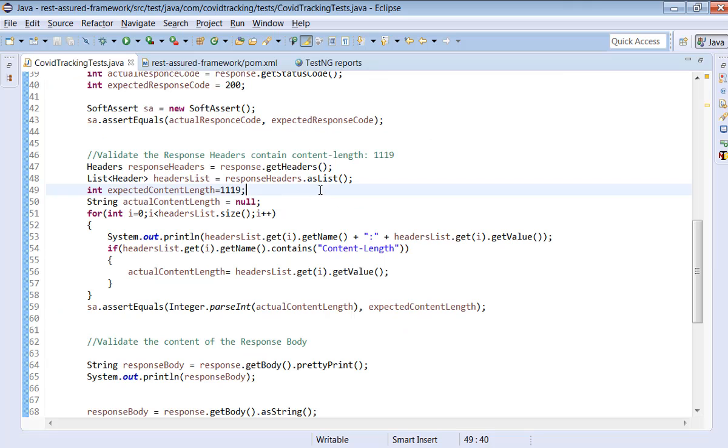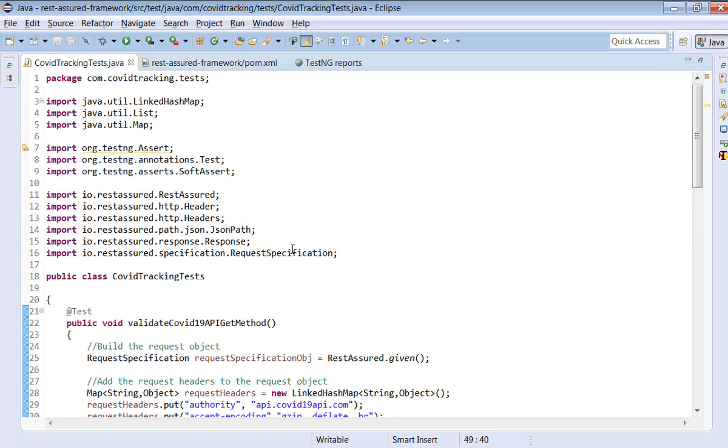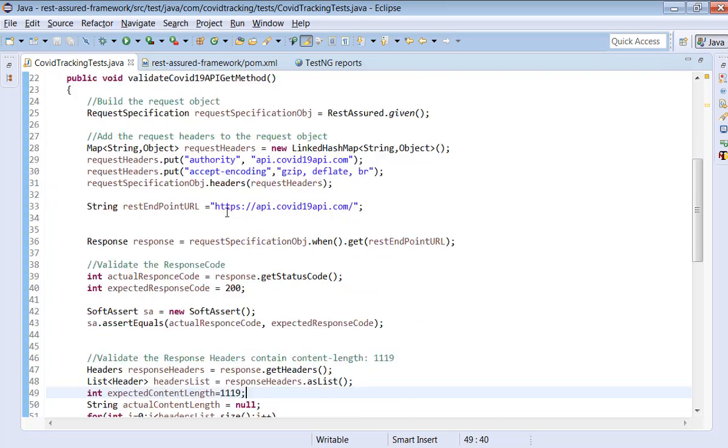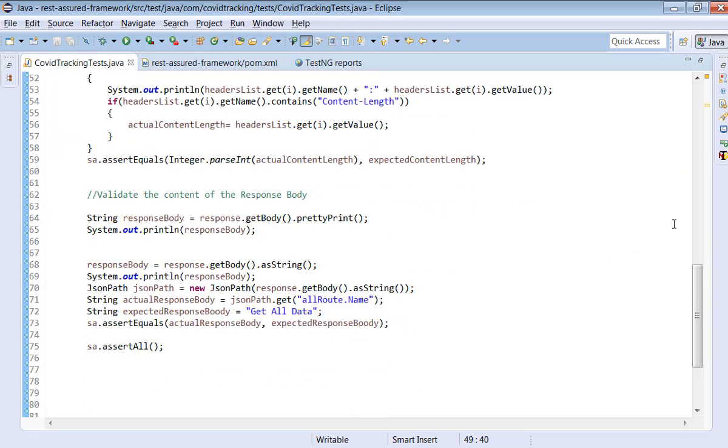Okay, fine. So this example will be posted in the blog. You can refer to the blog for this example and material, and try to download it and test the REST services for the GET method.